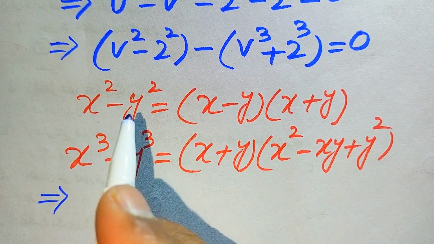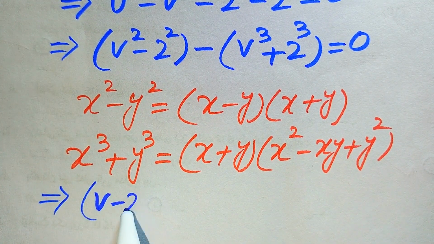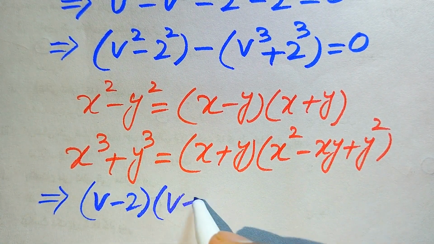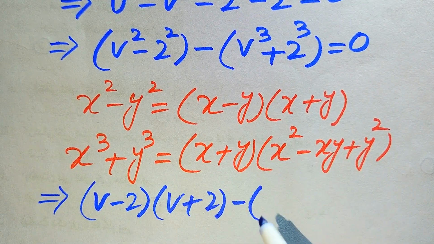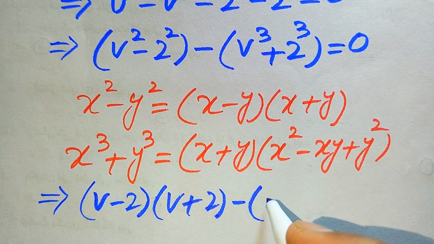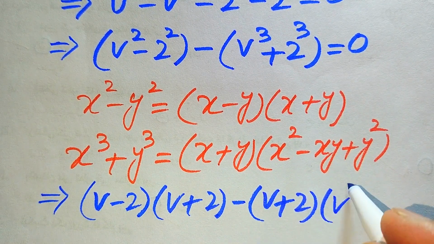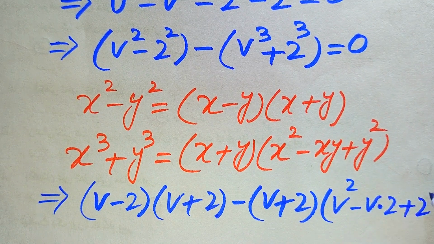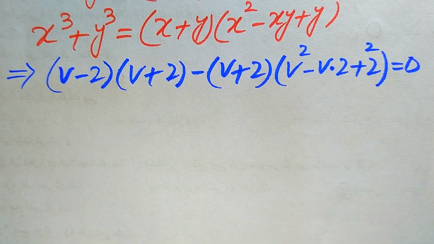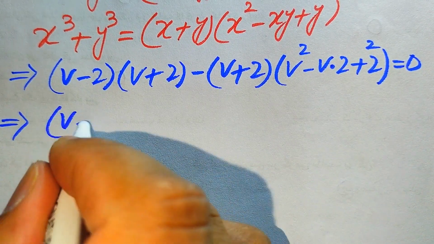So further, when we use this formula here, it will become v minus 2 times v plus 2 minus, and when we use this formula here, it will be written as v plus 2 times v square minus v times 2 plus 2 square, and this whole equation is equal to 0. And further in the next step we will take common v plus 2 from here,